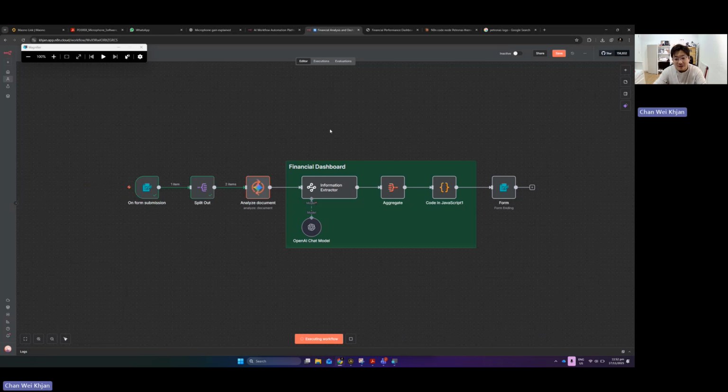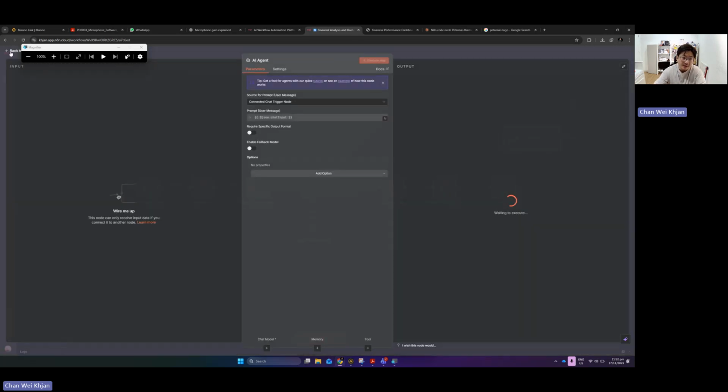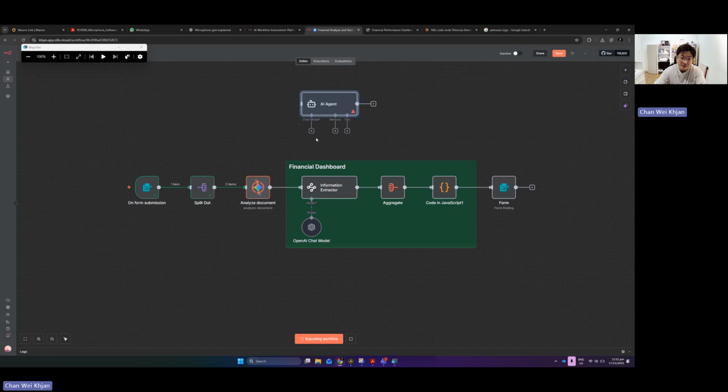Apart from that, you can actually do quite a fair bit. For this particular scenario, we are generating a financial dashboard. If you want to have some analysis portion done by the AI, you can just call out the AI agent and link it with the model to do the analysis part. So the n8n workflow is actually very flexible and scalable, depending on what the things